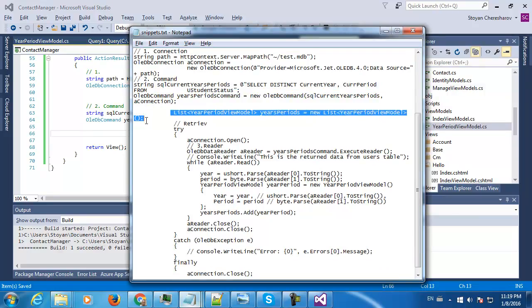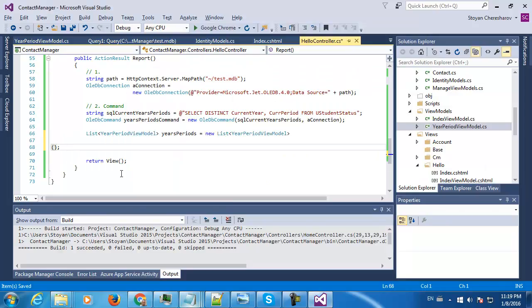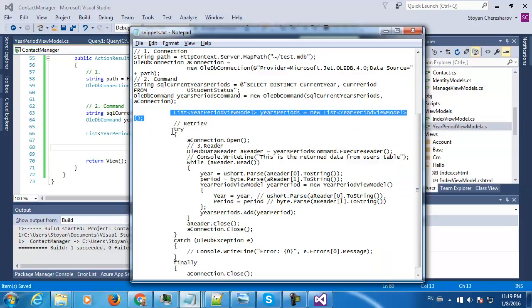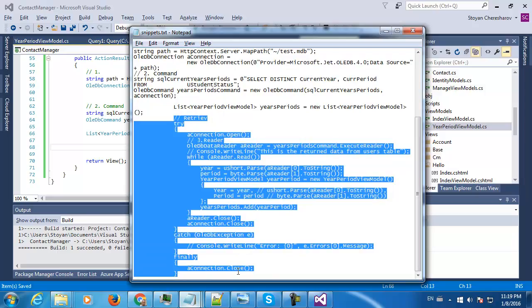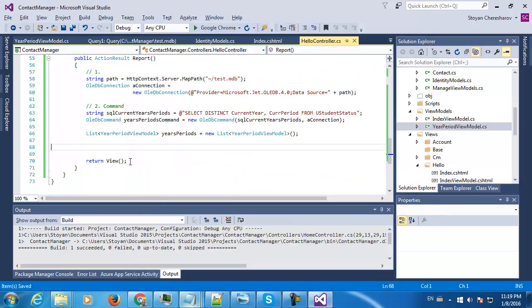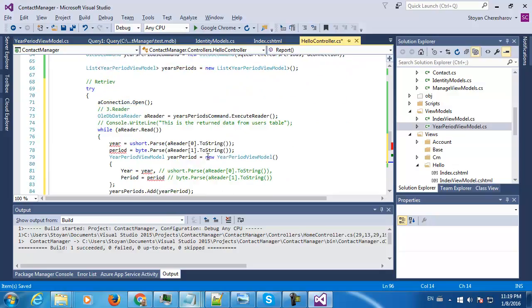But as I said, I'm gonna show this quick and dirty way to do it. If you're gonna use it only once in your application, then probably it's possible to do it this way. And voila, now year period,